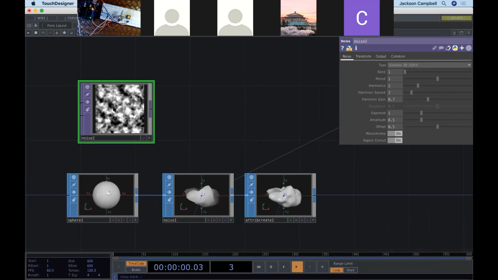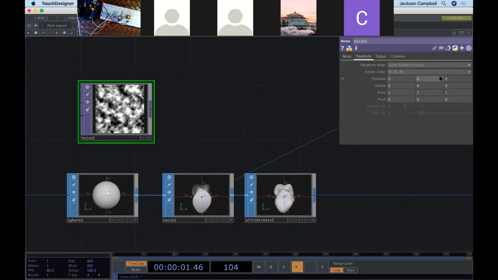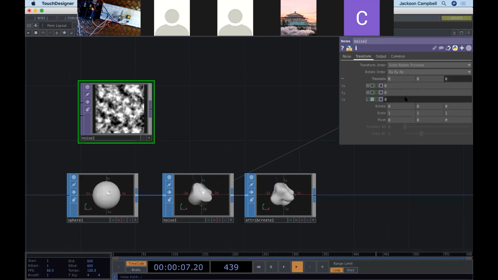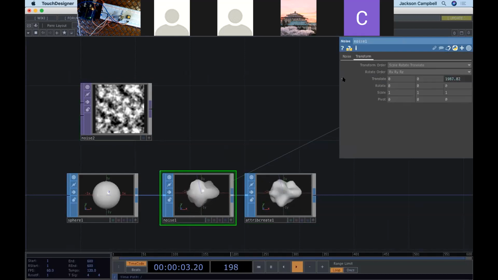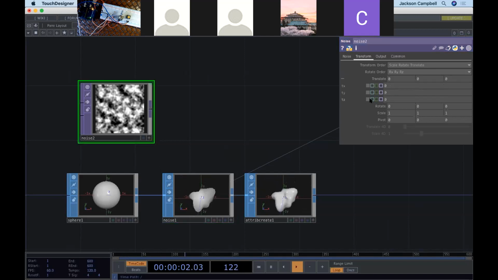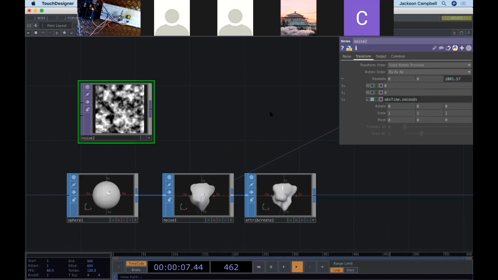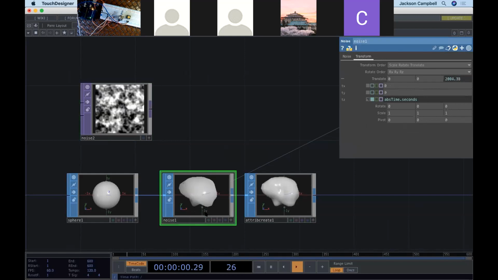And by default, the noise top is just static, right? But you can make it animate the way that this animates by doing the same sort of thing on transform. So if I go on translate here and I say, what is it? I can't remember what the parameter is called. It's here. Abs time.seconds, right? Which is a value that changes every second. So if on transform Z here, I would say abs time.seconds, then that animates that noise the same way that it's animated by default in this noise SOP,